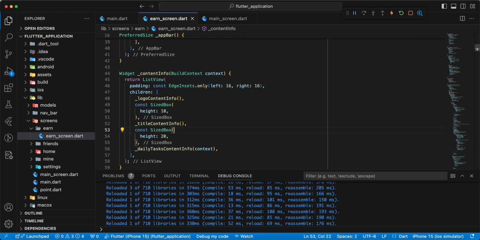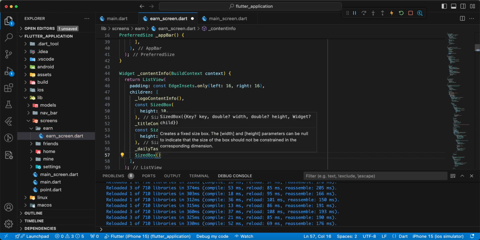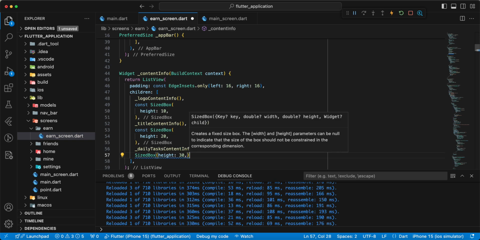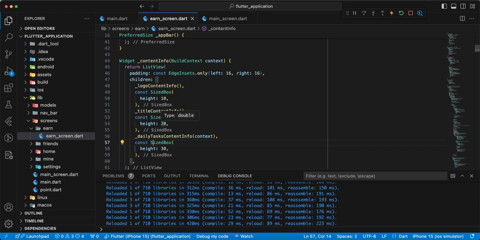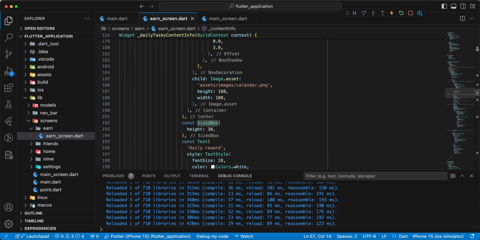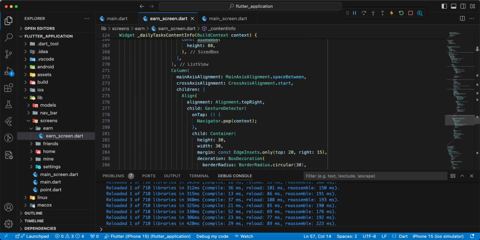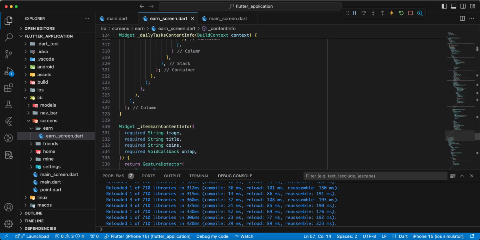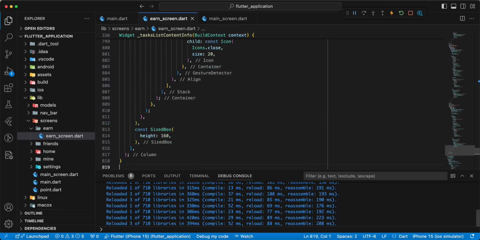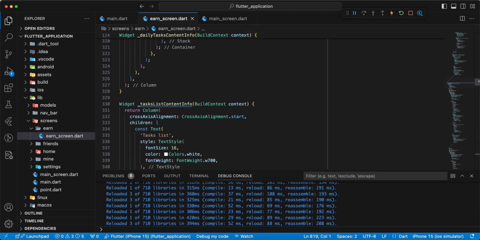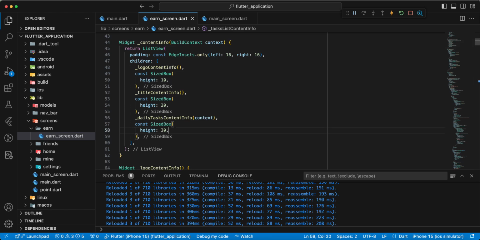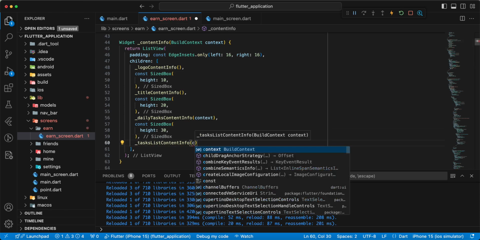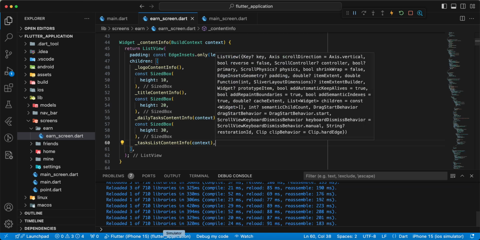then we add SizedBox height 30, add const, and we add tasks list content info. Add context, save,